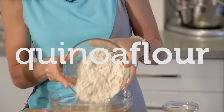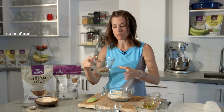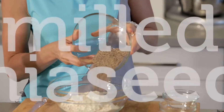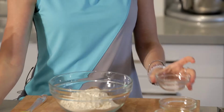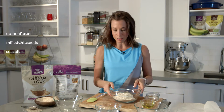So all you need is a big bowl to mix all your ingredients in, and then what you're going to do is add your quinoa flour. That's the base of this recipe. And adding to this recipe is going to be some milled chia seeds. So this is what's acting as our egg, what's going to bind our recipe together. So those are our two dry ingredients, a little bit of salt,